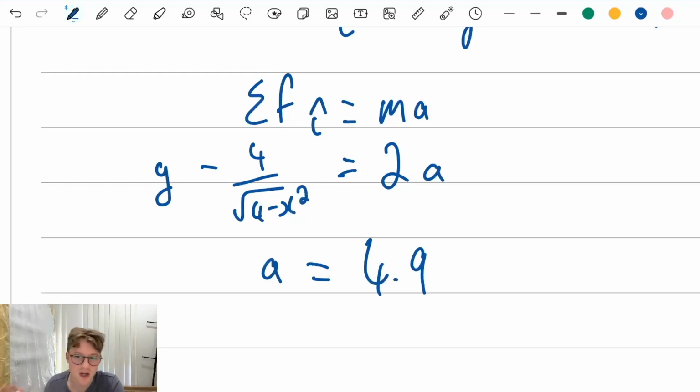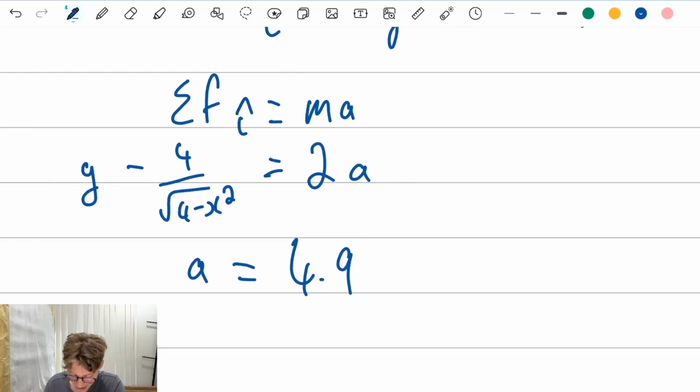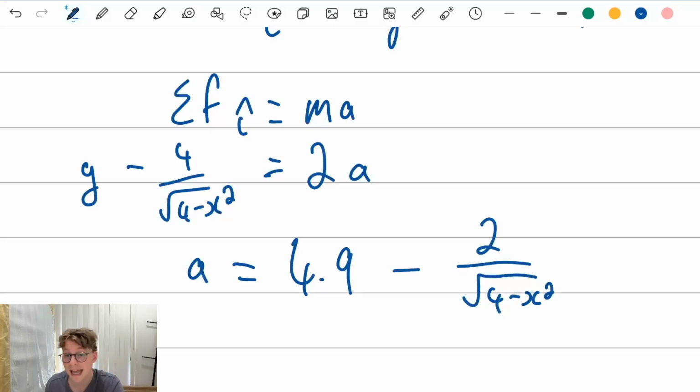It seems like as good a time as any to take it out. Minus, if I divide everything by 2, I just get 2 over the square root of 4 minus x squared. Okay, so I'm dividing everything on the left-hand side by 2. You can go a little slower. 4 divided by 2 gives 2. That's where this number up here comes from. But hopefully we're following how I get to this expression here. Once I'm here,